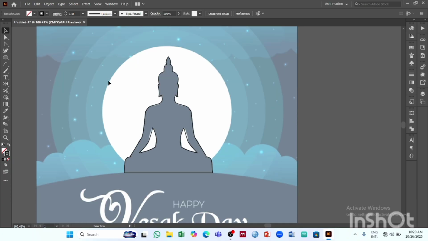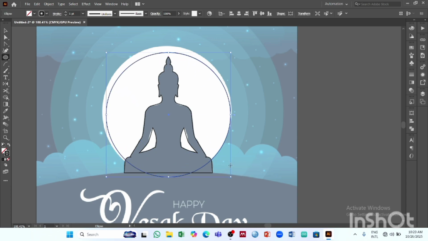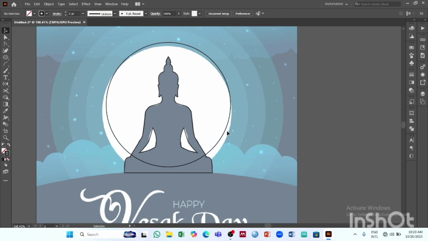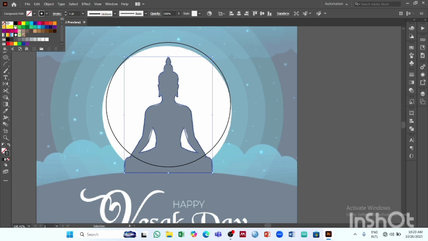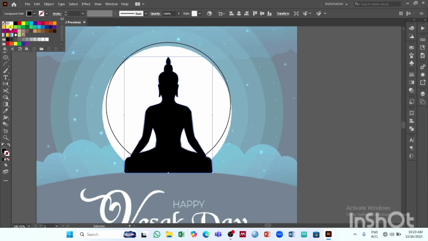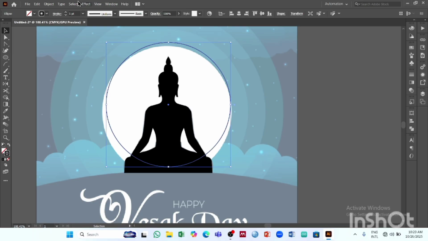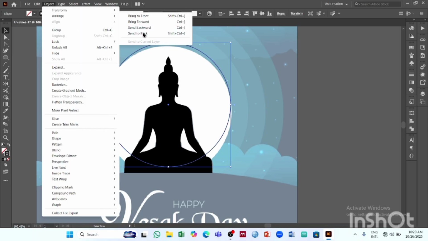So now for the circle in this bag. First I'm going to see the center of this. So this is the center. Then with Alt and Shift, I'm going to draw a circle like that and take it a little above. Yeah, like that. So I'll just put color for now to this, and I will send this one back,